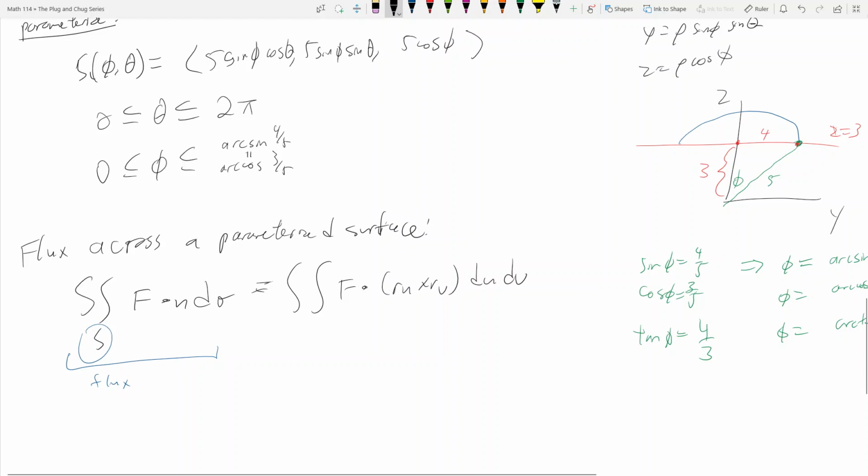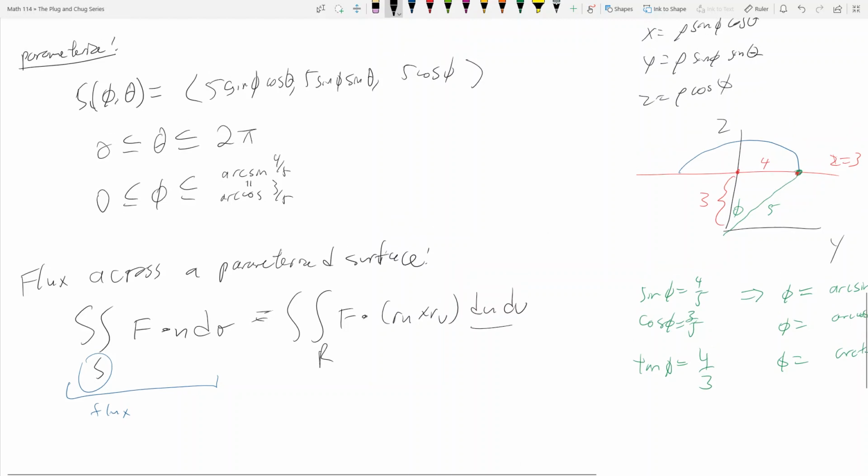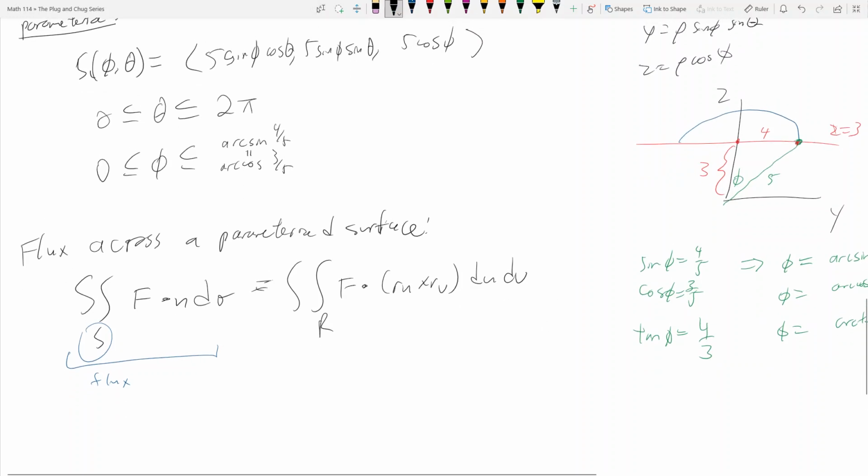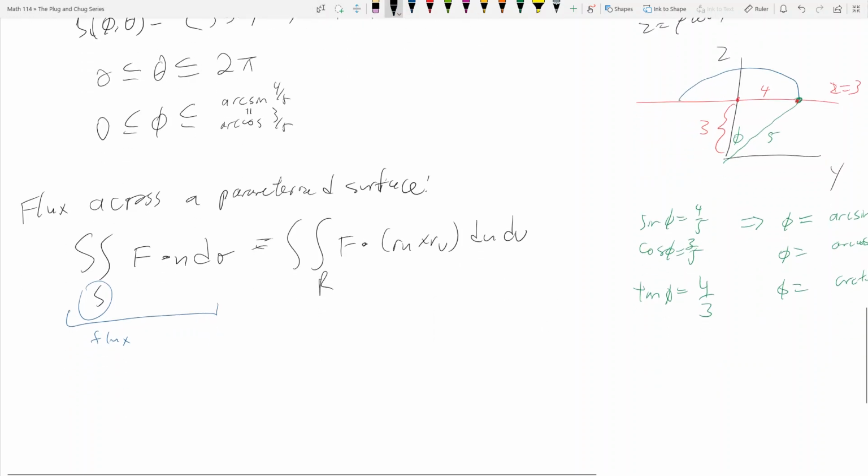So what do I have here then? And over the region in the uv plane. So r_u cross r_v comes from the parameterization, and then the partials, and then you've got F, which needs to be dotted with these. So okay, then let's find, in our case,